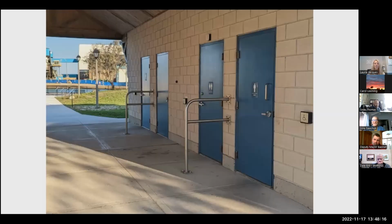And looking at the washrooms in the first pavilion, we're going to talk about all of them. Did we go in the men's here? I can't remember. But anyways,